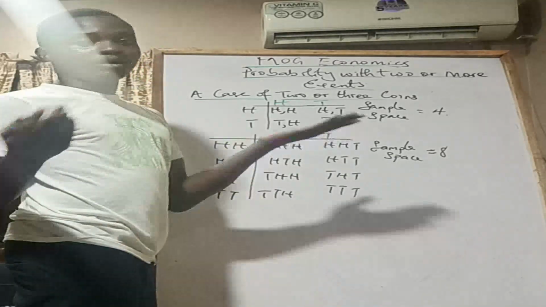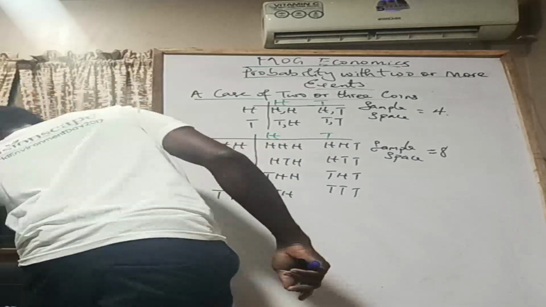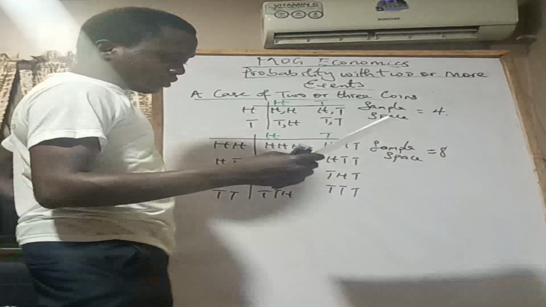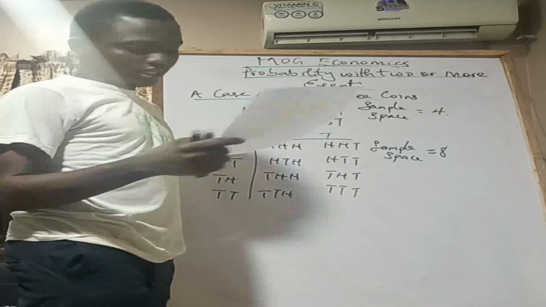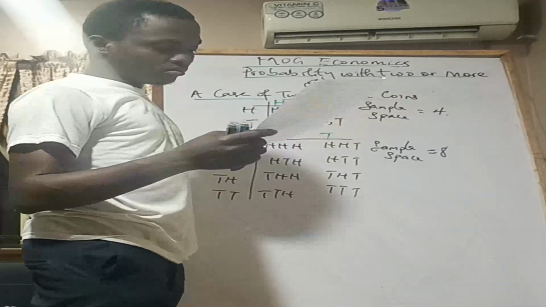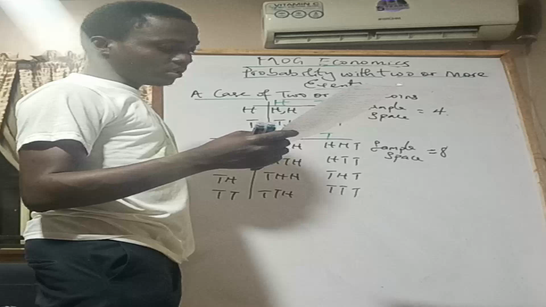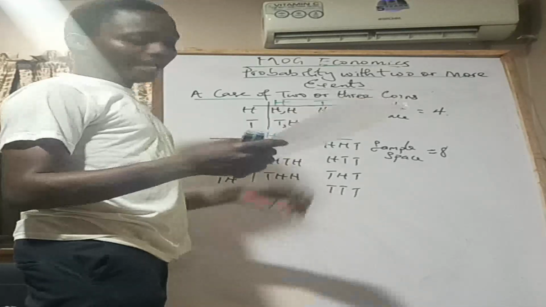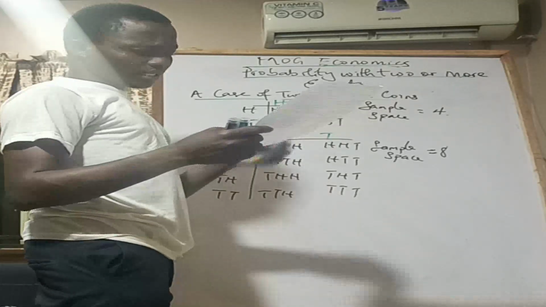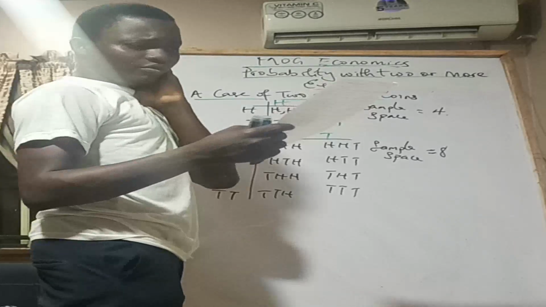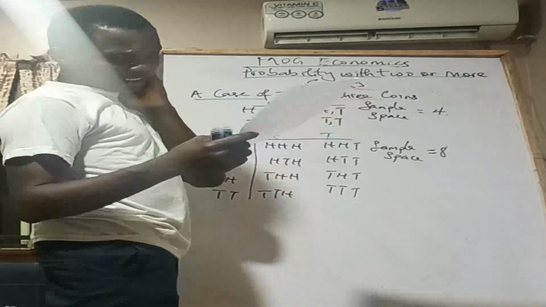Now let's begin to answer questions. The first question here says that a coin is tossed 3 times. Find the probability that exactly 2 of the 3 tosses come up head. Now a coin is tossed, I think, should I just jump to this? You have where a coin is tossed twice.